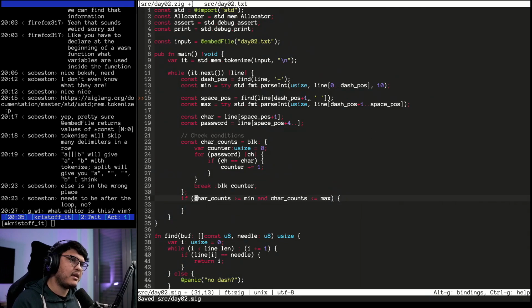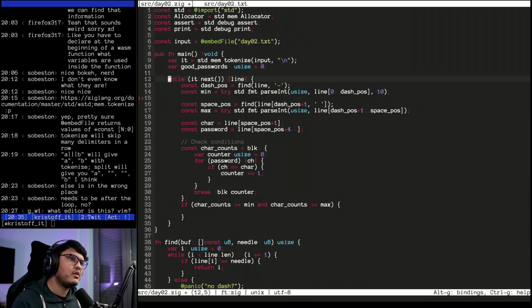Then we need a final counter var good passwords equals size equals 0. Good passwords plus equals 1. And at the end,